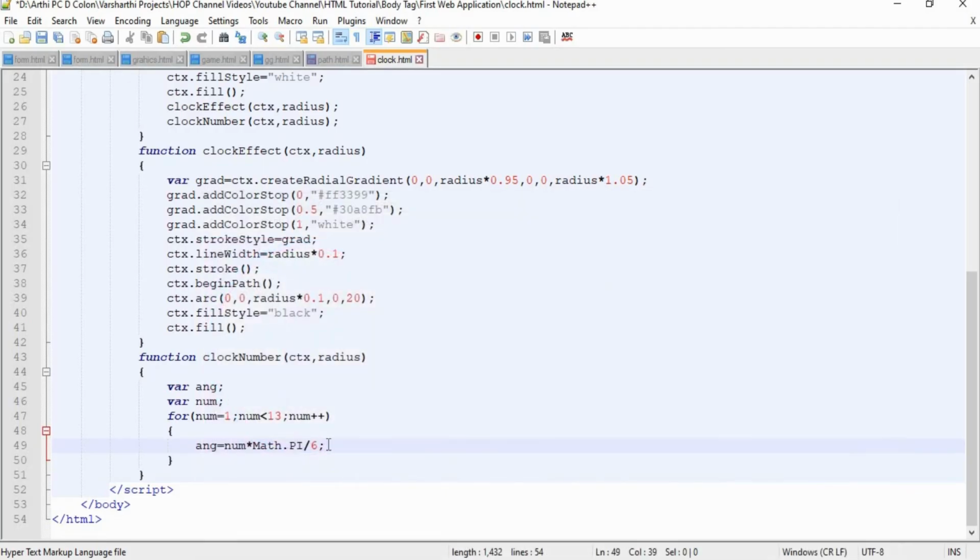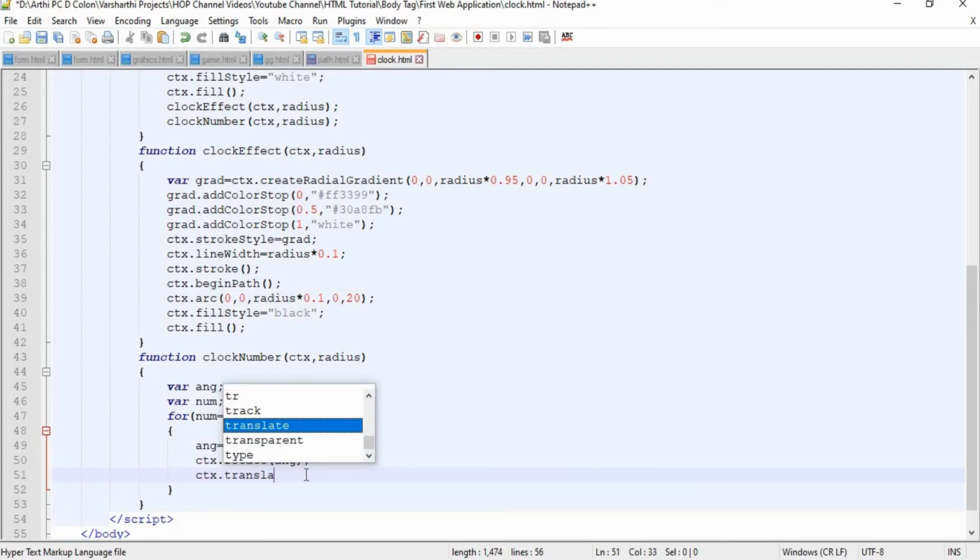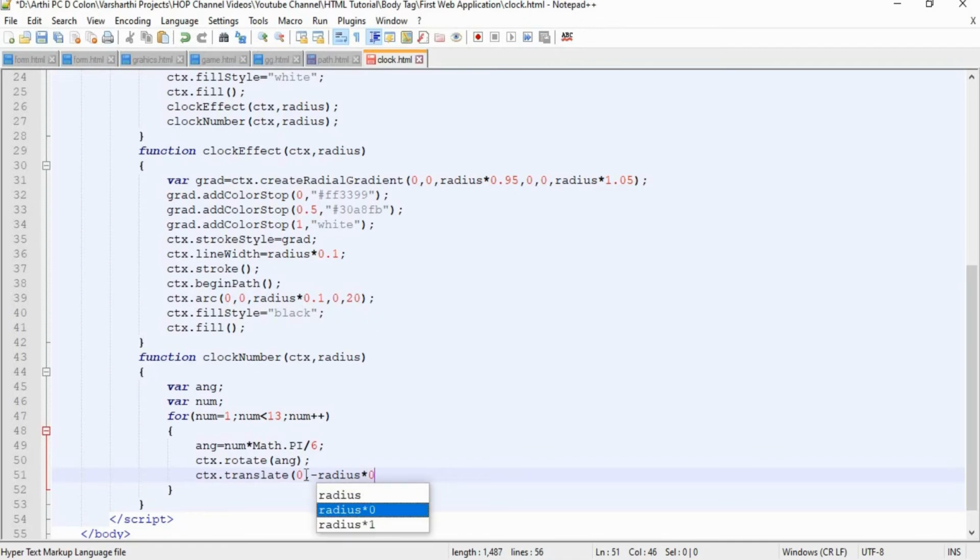So here we are dividing the value by 6. Then we have to rotate by the angle, so that we place the element at the specified angle. After that we have to use the translate function to place each individual number. For that we can reduce the size of the radius to 85%.